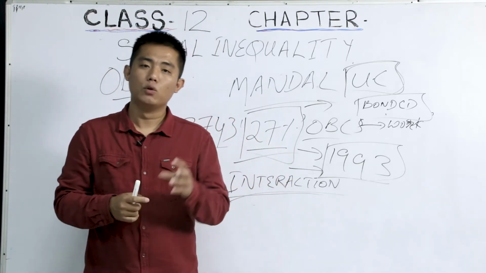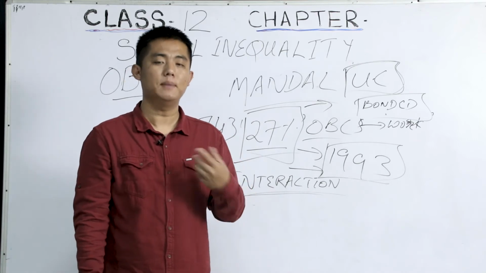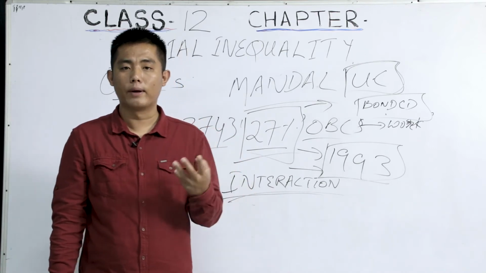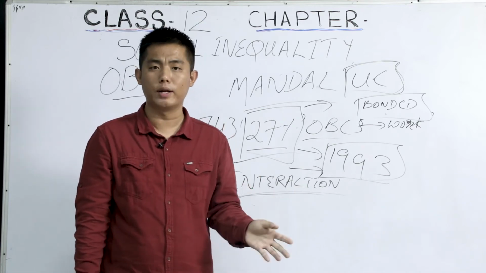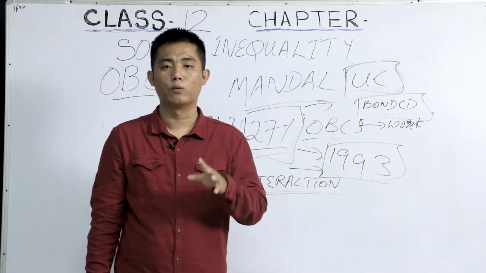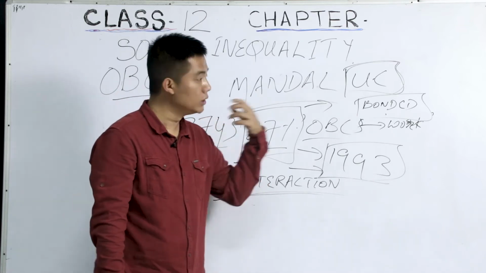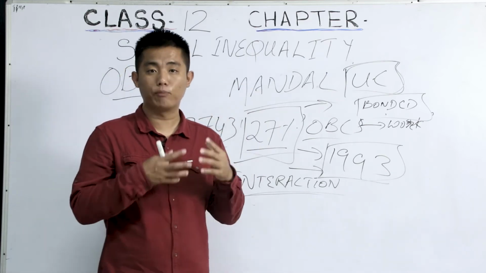For example, you have borrowed some money from a particular person. Now, you are not able to repay it back. What happens is that that person will ask you to work for him for around 6-7 years, but you cannot say anything about it. Why? Because you are already bonded to that person, because you have borrowed some money